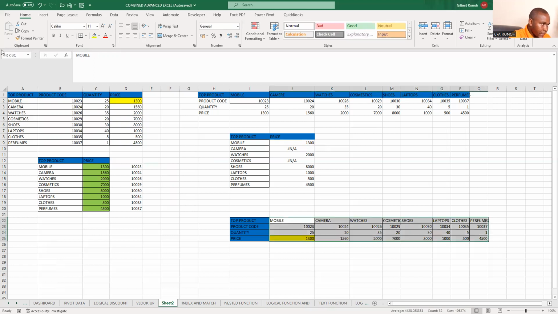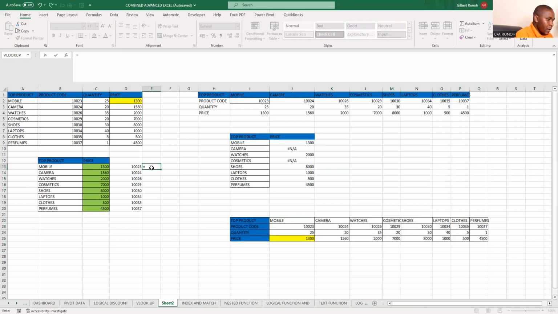You can select that data and rename it as HLOOKUP1. Enter. So come here, equal sign HLOOKUP. Select the first one, mobile, comma, my data range, which is HLOOKUP1, comma, and then